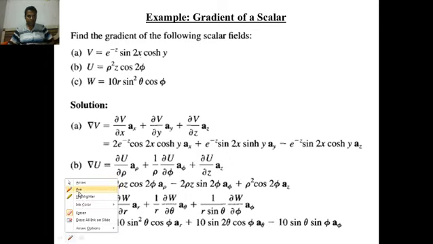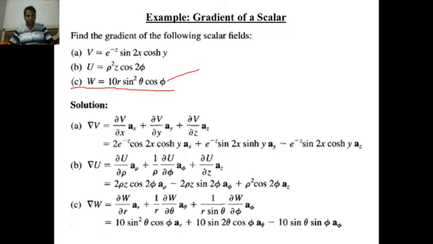Now how to solve the third bit? Third bit, if you closely observe, you will find phi is involved, theta is involved and r is involved. That means the given scalar is given in which coordinate system? r, theta, phi is nothing but spherical coordinate system. That's why you have to use the gradient formula for spherical system. How to recall and how to memorize this formula I explained a few minutes before. Here straight away you write down w here, put this w here as well as here, and take derivative with respect to r, theta and phi. You will get this particular answer.